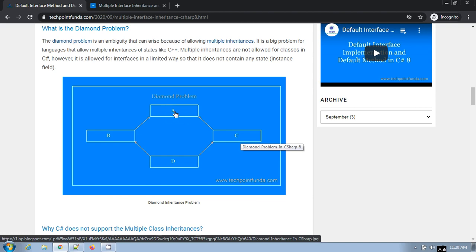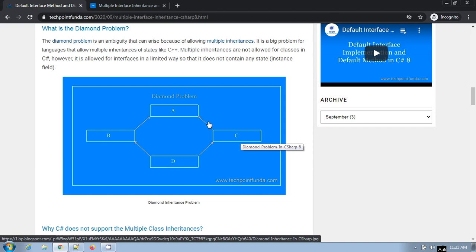Suppose there is a method in interface A, and B implemented that method and C also implemented that method, but when you inherit D from both these base members, then at runtime which one will be called? So this creates a diamond problem issue in case of multiple inheritance.